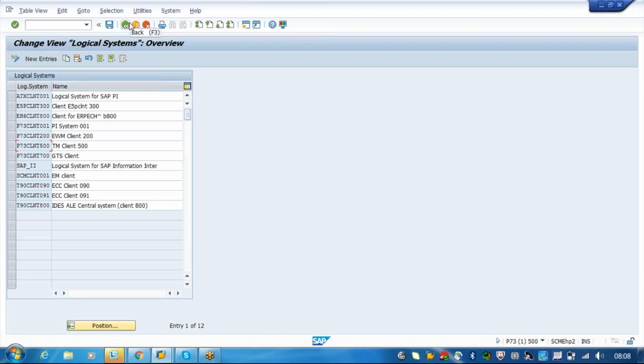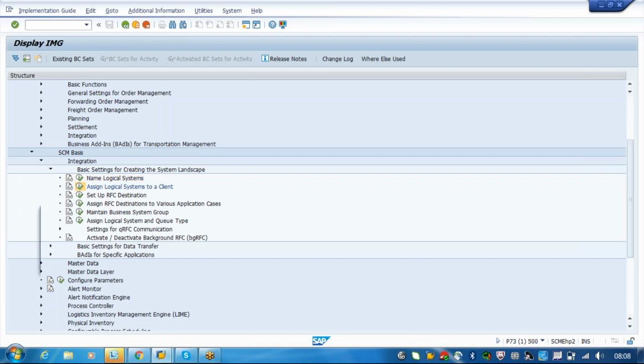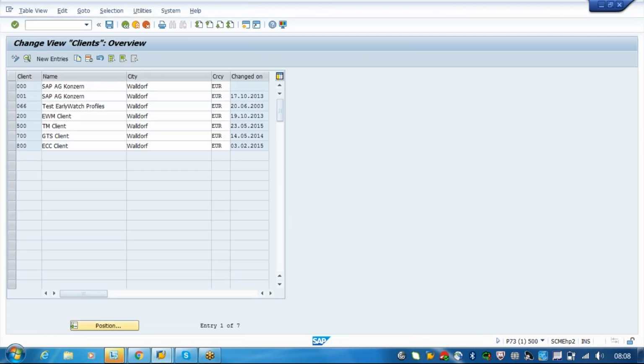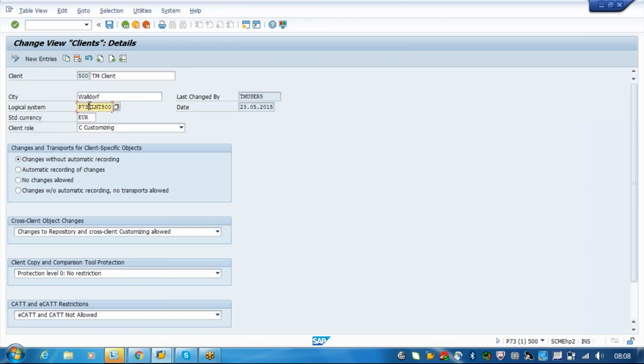In the same way, next is to assign the logical system to the client number. What is the client number for ours? 500. Just go here and assign the logical system. And the role of the client is customizing, because we are doing the customizing here.